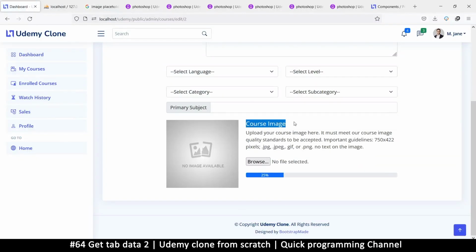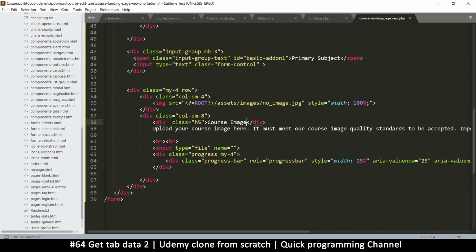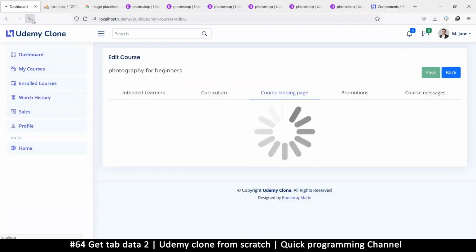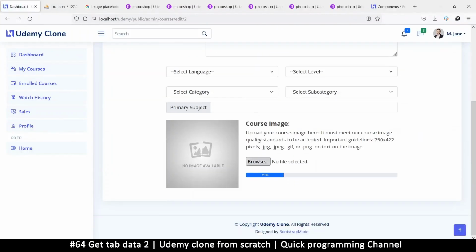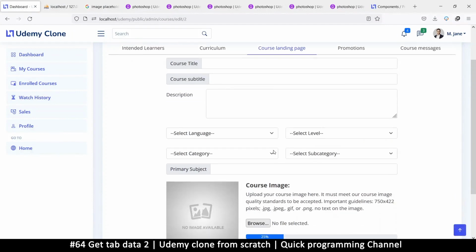Okay, so course image, that's fine. And let me put it like this. Or I don't know how to put text bold in Bootstrap. Let me put it like this so it's bolder. Okay, so course image,